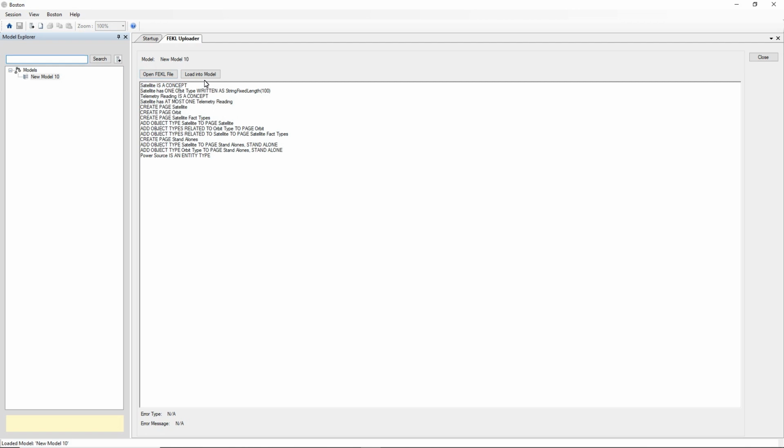The next line says satellite has one object type, orbit type, written as string fixed length 100. Where we say orbit type written as string fixed length 100, that defines orbit type as a value type object type within the object role model, and its data type as string or text fixed length 100. We haven't specified the object type of satellite, and the FEKL uploader will automatically create either a value type or an entity type